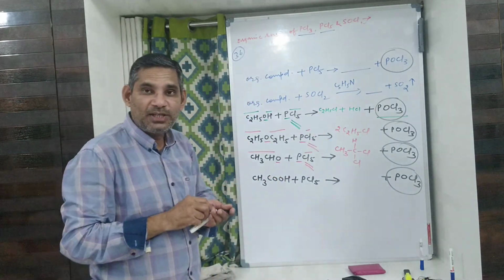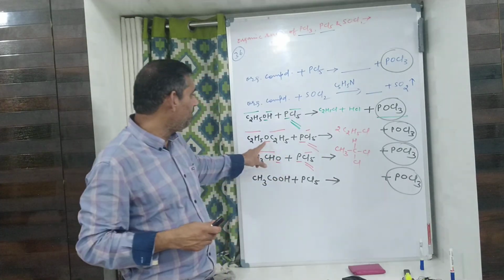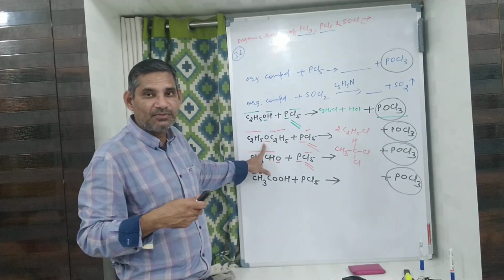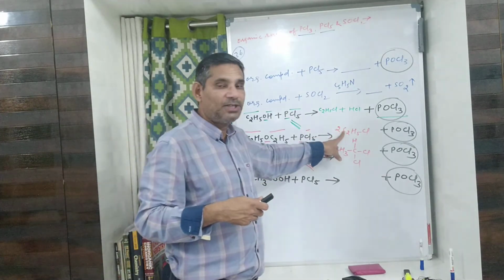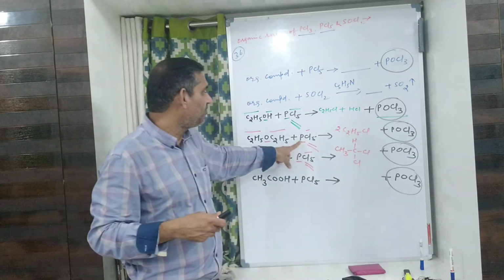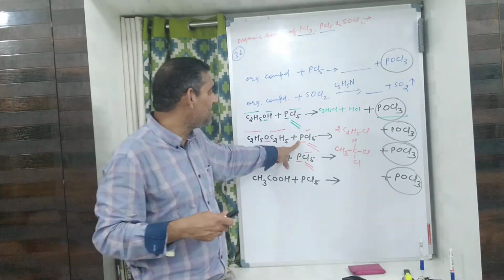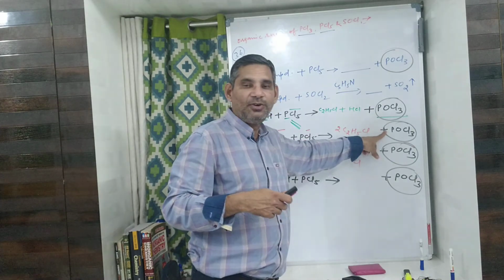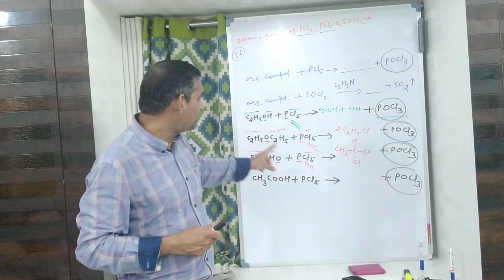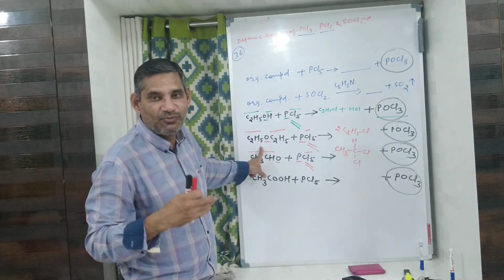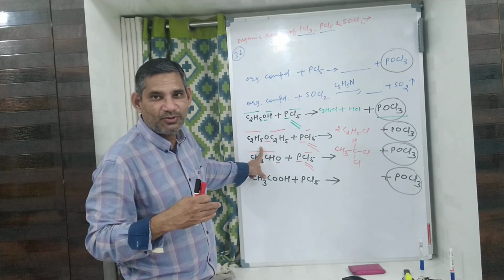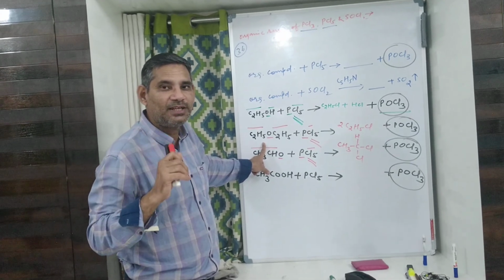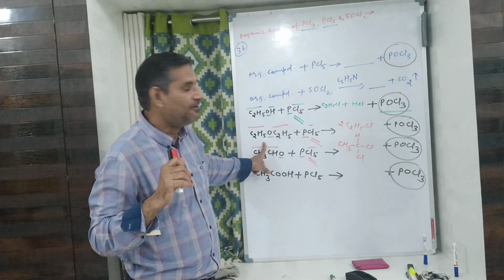What I was trying to tell you in the beginning: one time you will get this reaction in chemical properties of ether, method of preparation of haloalkane, chemical properties of PCl5, and method of preparation of POCl3. So this is not one, it is at least four. Four times minimally you will be getting all such reactions. Now see,